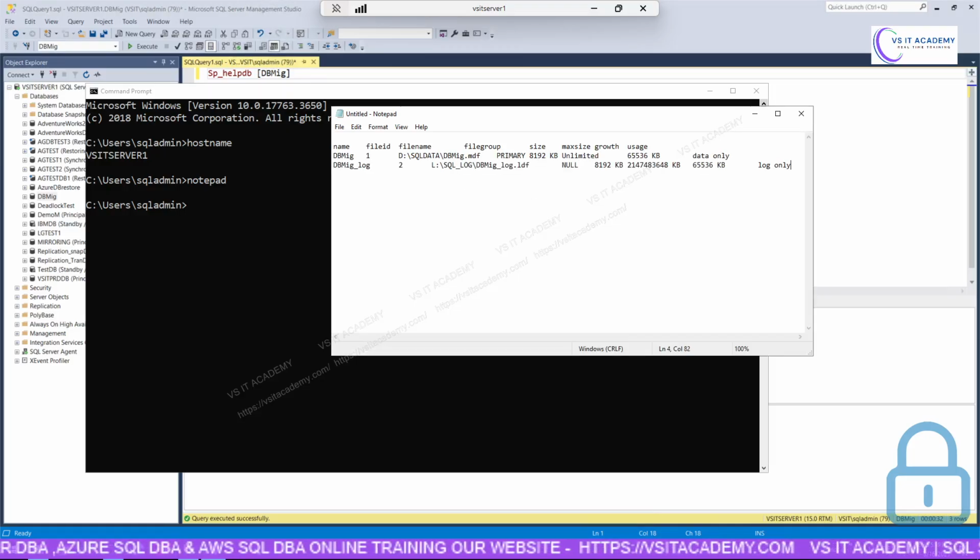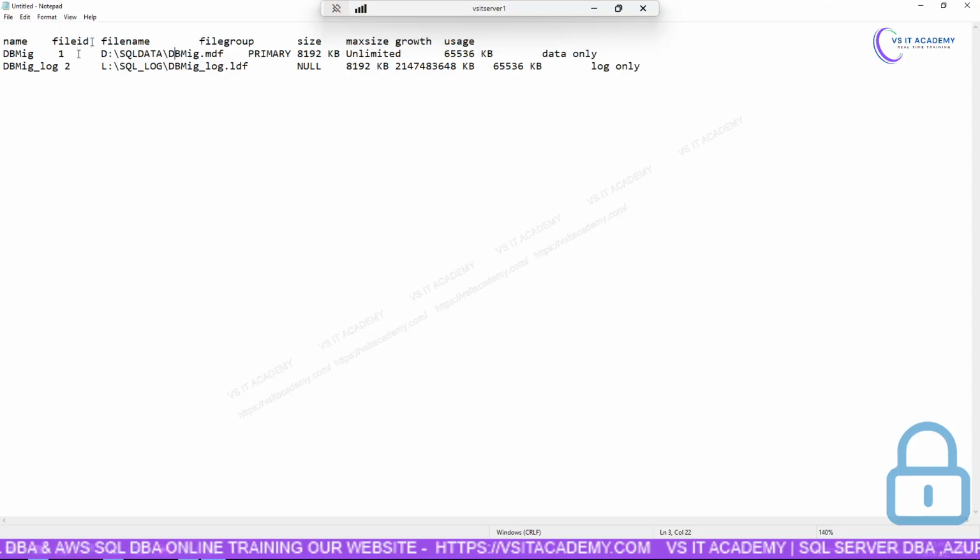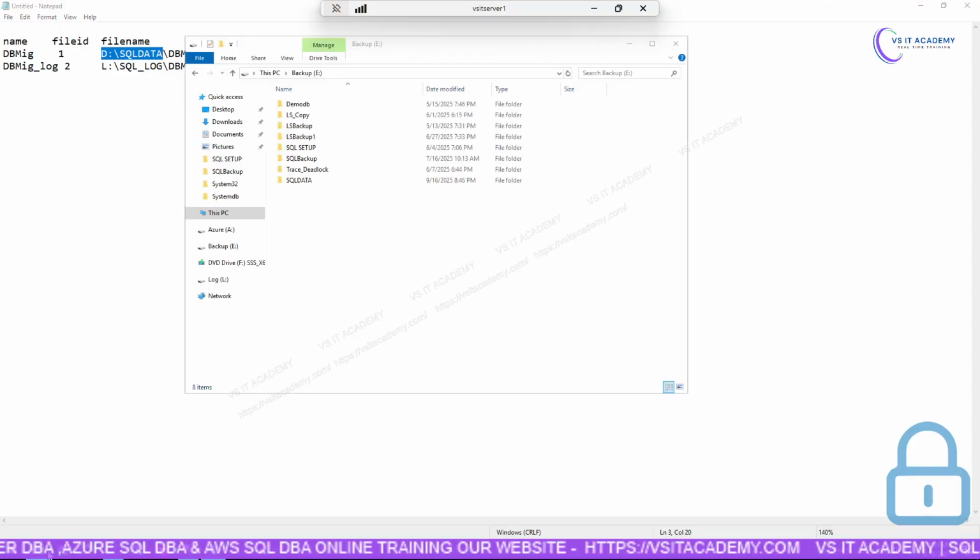Now I copied these files here, that is called the current existing file. Okay, now these are the file IDs. Names: the first name is called the logical name, and the last one, the .mdf file, is called the physical name. Let me zoom and show you here. That means if you go to this path, I'm going here